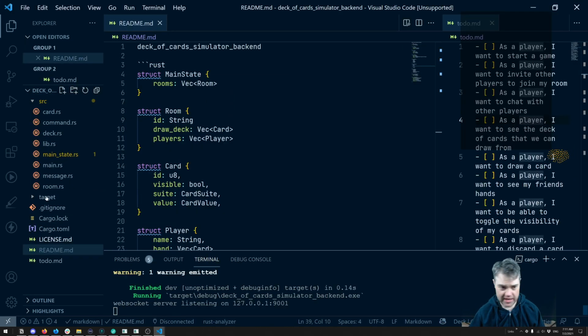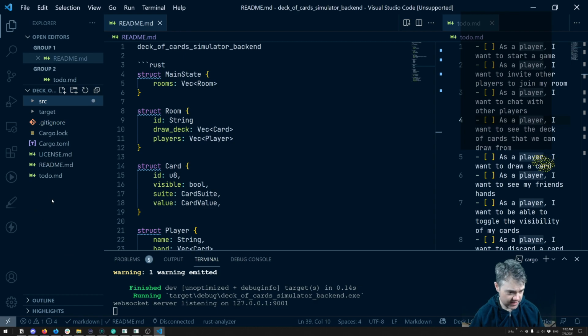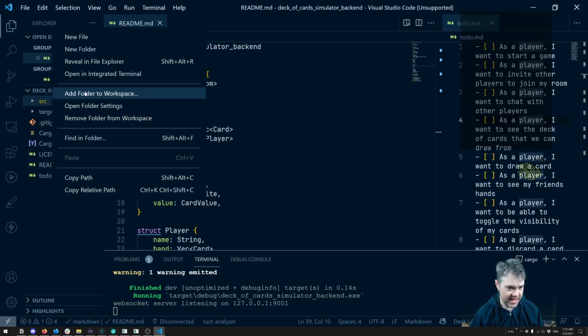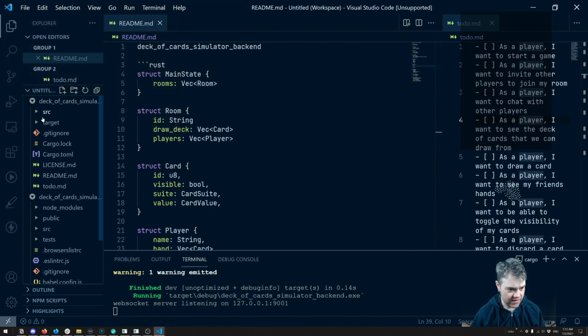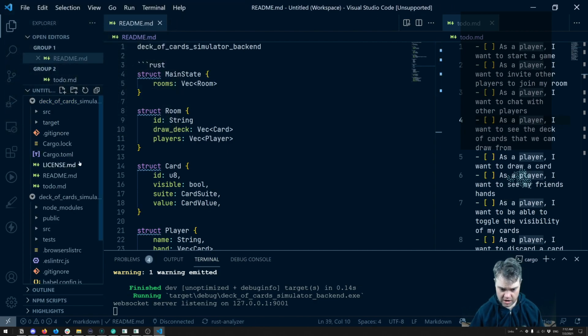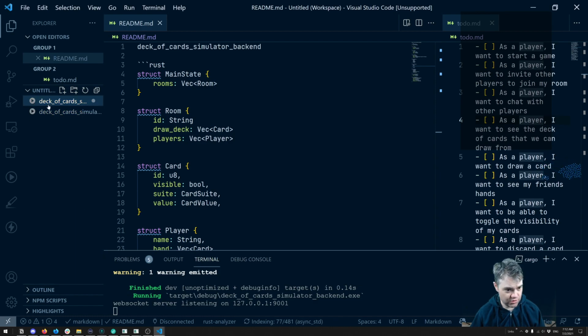One thing I want to try is this workspace. There's this idea that we can add a folder to a workspace. I want to try this out. So this is going to be the Deca Simulator front end. If I put that in here, you're still going to work, Rust Analyzer, because this was the big problem that we had before when we tried it. So here I have the two